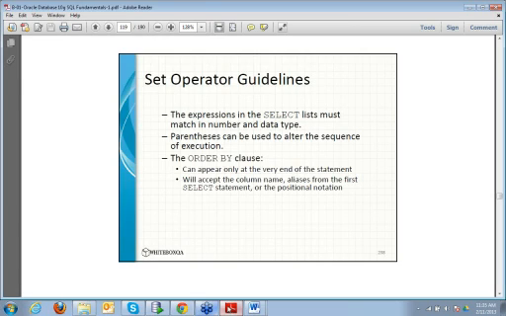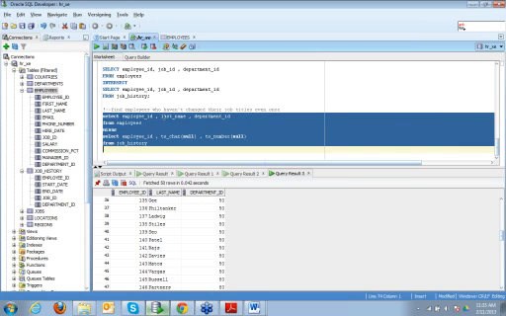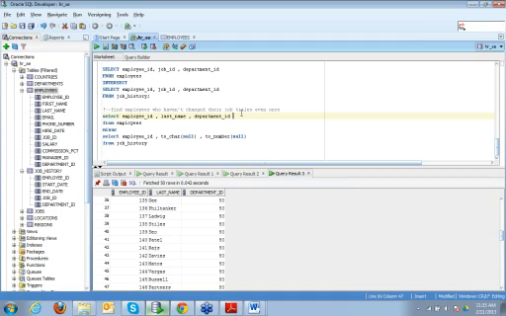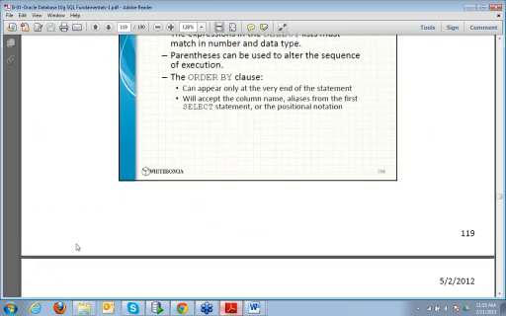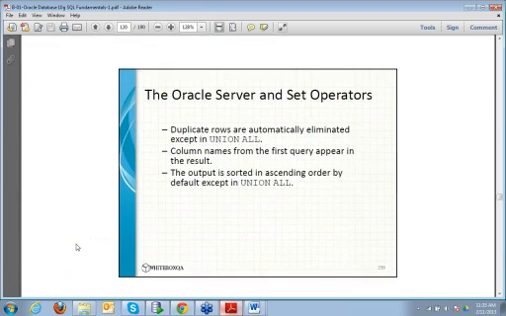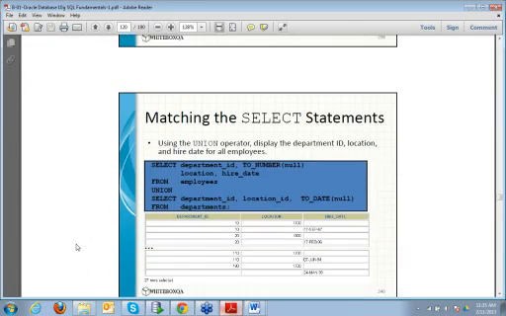So as I have told you, only from the first statement it will accept the aliases. If I write any aliases here, it won't accept. It will accept the aliases from the first table itself.